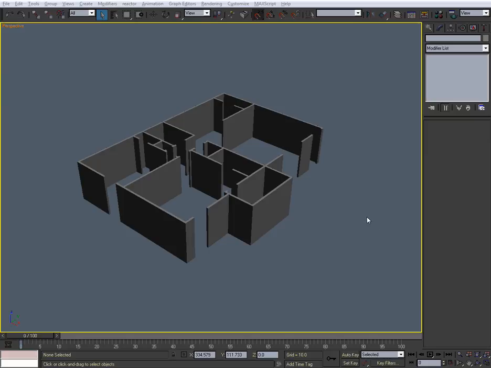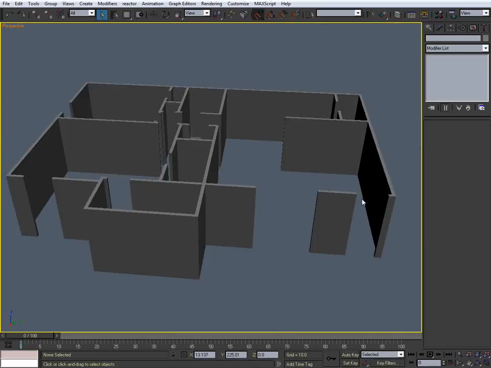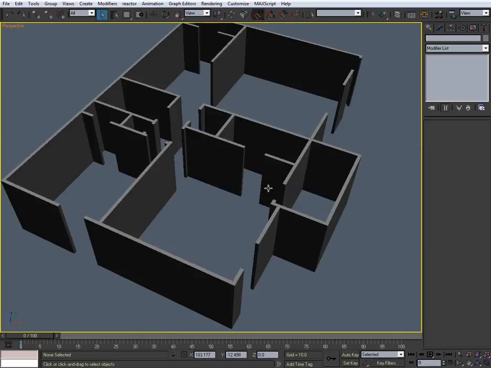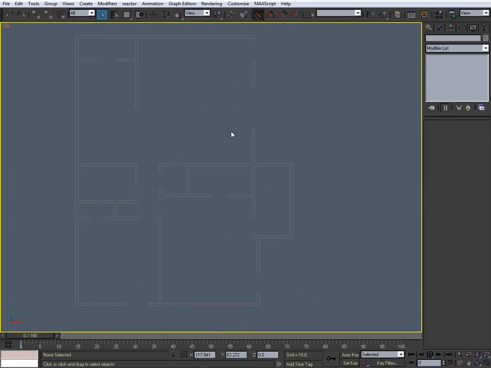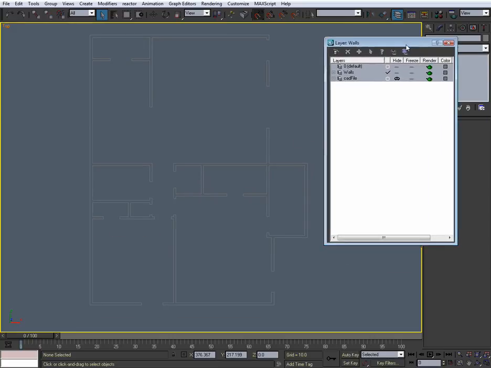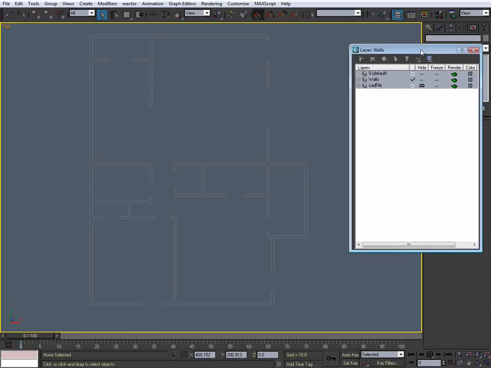Okay, so the next part is the headers, which is above the doors and whatnot. To do that is very, very easy. We just have to know where the doors are. Well, they're here, and if you can't tell it, and last time I named the layer off camera, so I'll